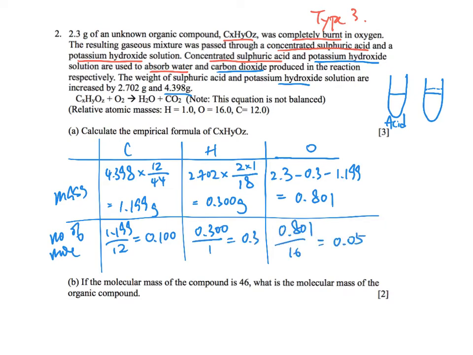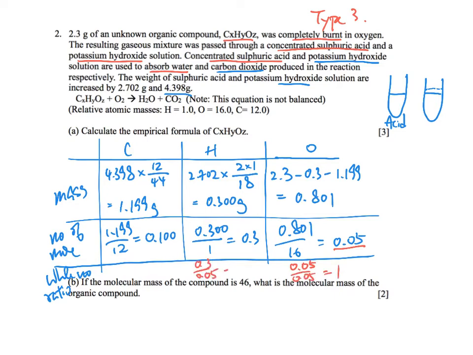For the whole number ratio, the smallest value right here should be 0.05. So divide by 0.05: 0.1 over 0.05 gives 2, and 0.3 over 0.05 gives 6, and this one will be 1. So the empirical formula for this one will be C2H6O. When we do the molecular mass, again, let the molecular formula be